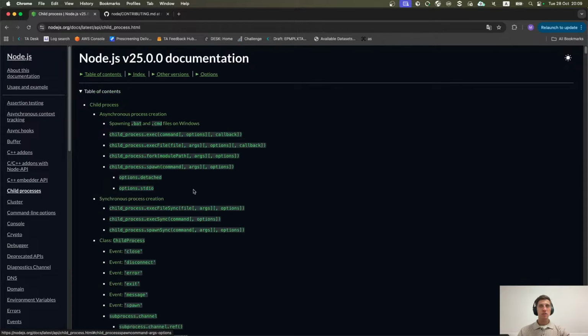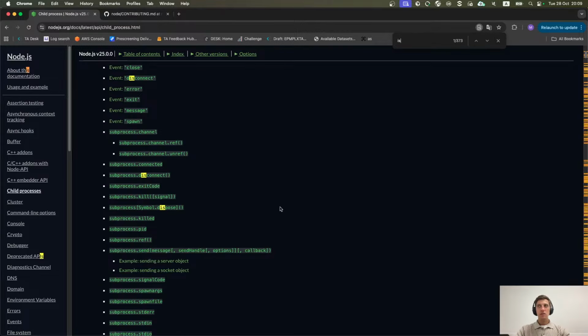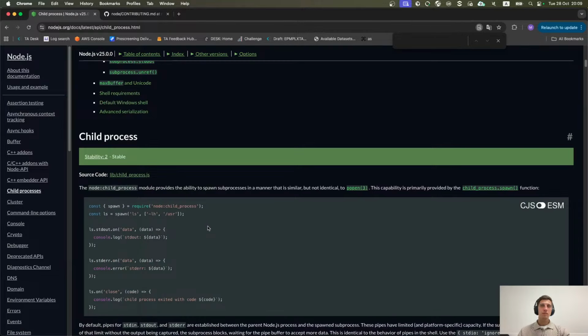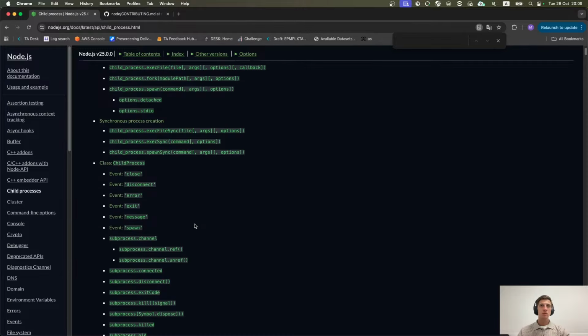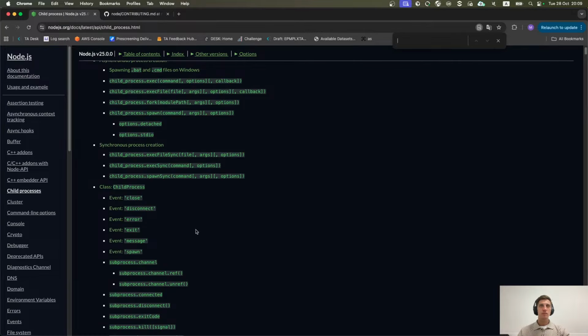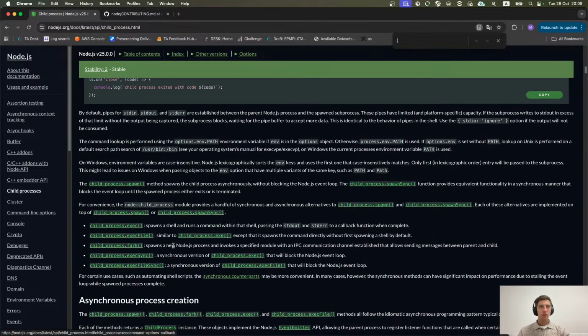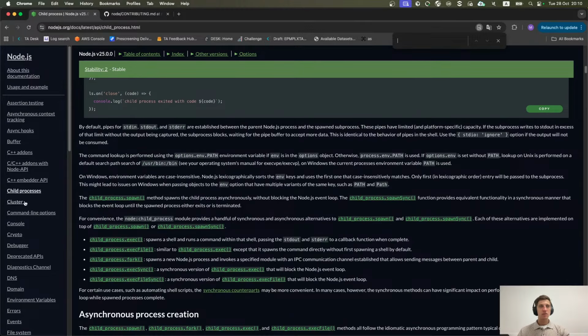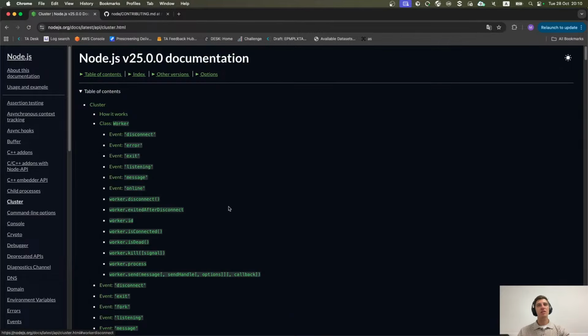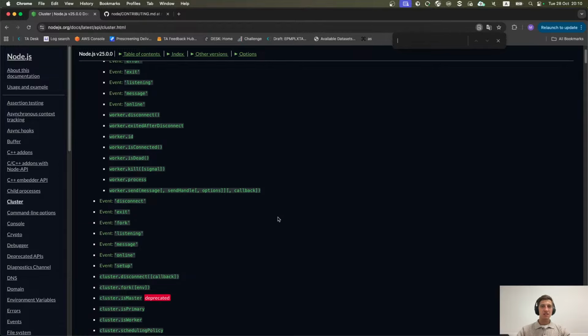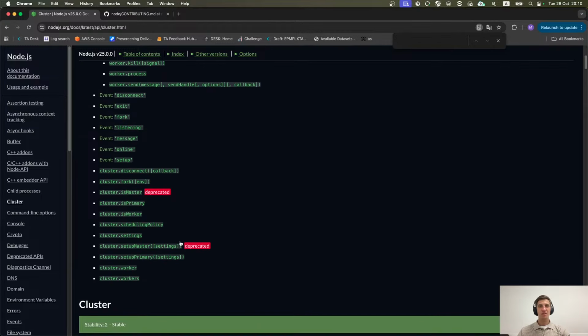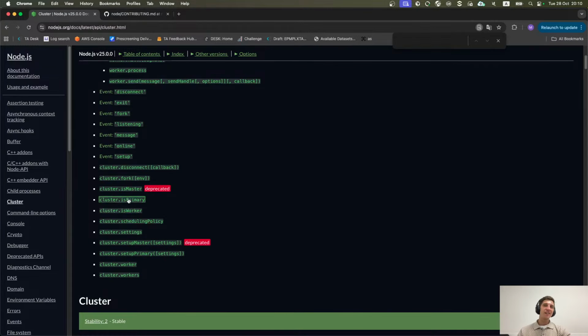Docs, child processes. Maybe I'm just hallucinating. Ah, sorry, it was in cluster. Another thing. Sorry, guys. These flags we have in the cluster module.